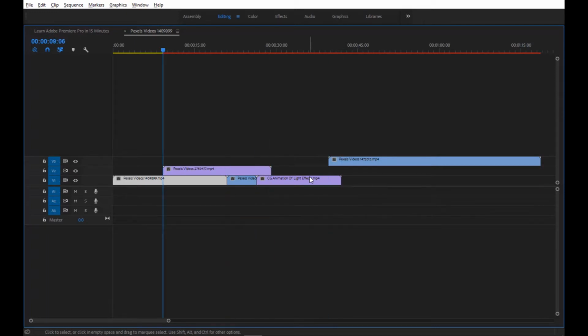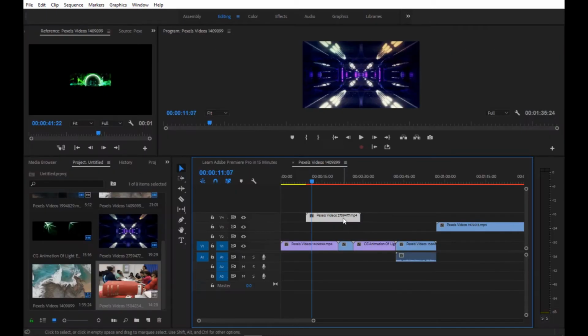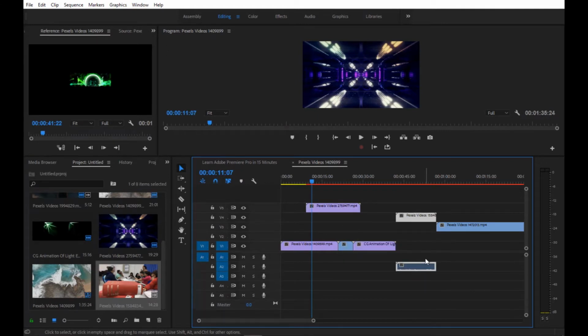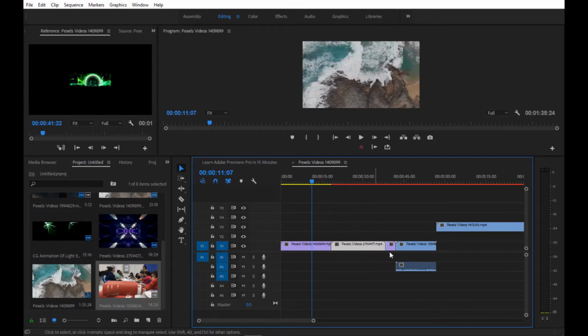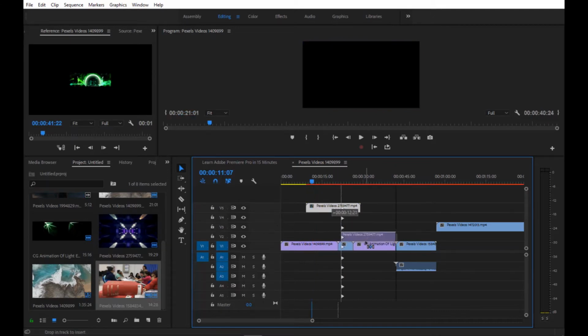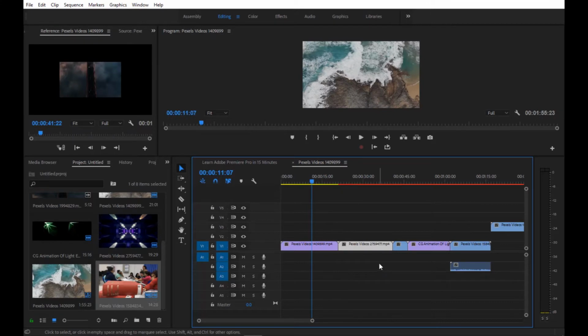We can move the clip to the below video track by pressing the Alt plus downward arrow. To move to the above video track, press Alt plus upward arrow. Similarly, we can move audio clips. If we drag a clip over another clip, it replaces the other clip. However, by pressing Ctrl key and then dragging it, will move the other clip ahead to give space to the clip which is being dragged. By pressing Alt plus right or left arrow, we can move the clip to the right or left like this.